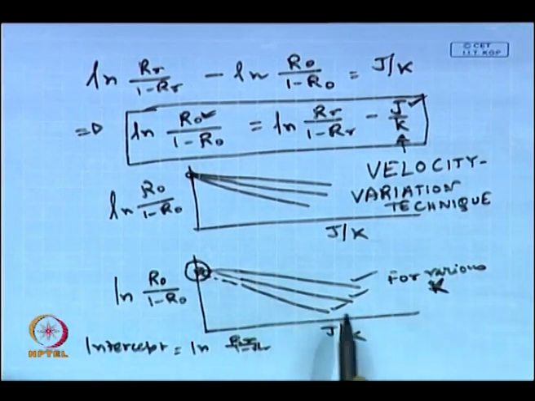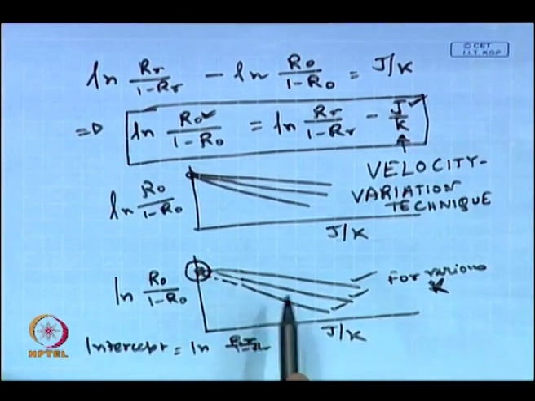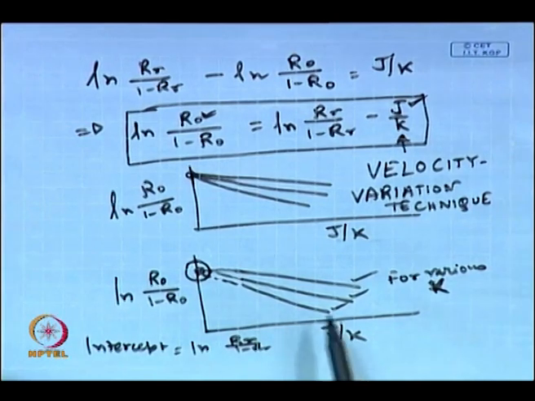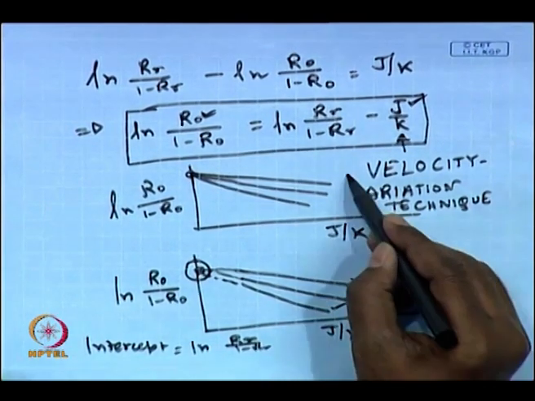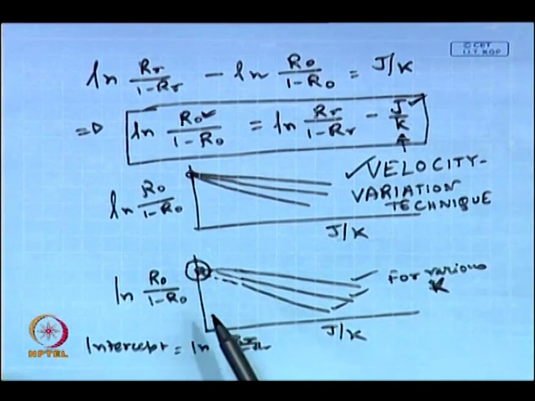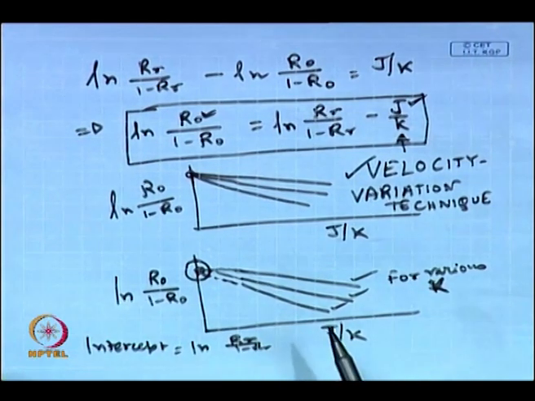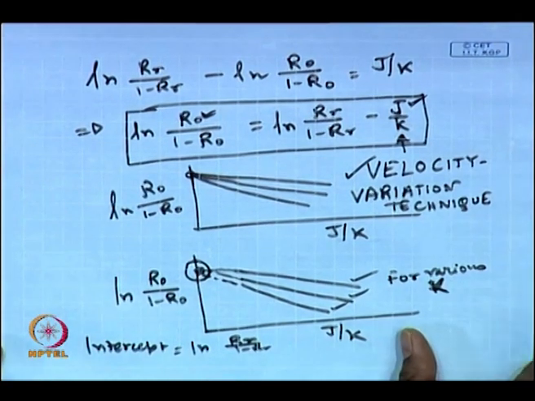In this case, since you are drawing the mean curves, the inaccuracies involved in the experiments will be averaged out. So, by using the velocity variation technique, one can estimate the real retention the way we have discussed earlier. Using these two methods, one can have the value of real retention and do the system modeling as we have described earlier. Now, we will look into various complicated systems.